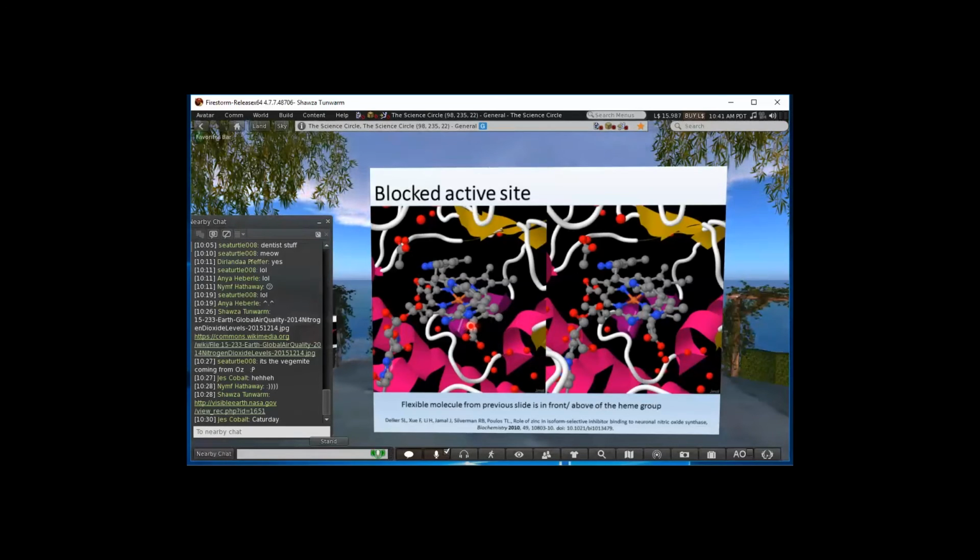So this is a potential drug. Essentially, if there is a disease where nitric oxide is overexpressed, that can cause problems in the body. So having inhibitors for nitric oxide synthase to calm down the amount of NO that's being produced is a viable research area. It's also useful sometimes just for pure research to see what effect slowing down the rate of nitric oxide formation has on the signaling process down the line.